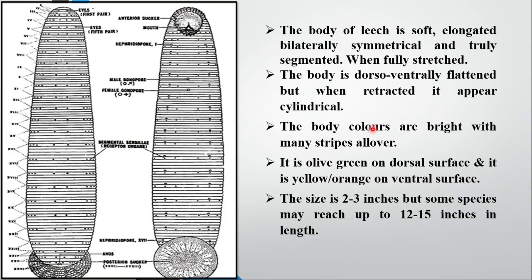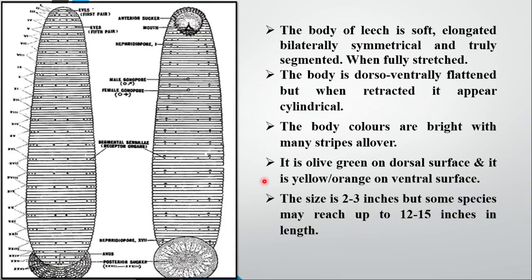The total color of the body is bright with many stripes all over. See, a number of stripes are present throughout the body. It is olive green. Students, you have seen the color of Spirogyra. The color of Spirogyra is greenish, and if we mix somewhat black color into that greenish color,